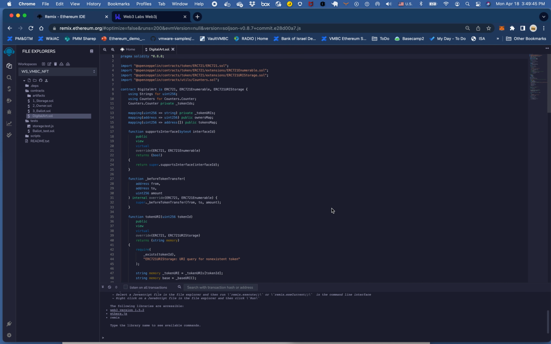Now let's go over quickly Remix, which is a web browser-based IDE to create and compile Ethereum Solidity smart contract code. We have a normal web browser. In this case, this is Chrome. We're pointing to remix.ethereum.org. And here in this workspace, I call VMBC NFT, I have created a new contract called